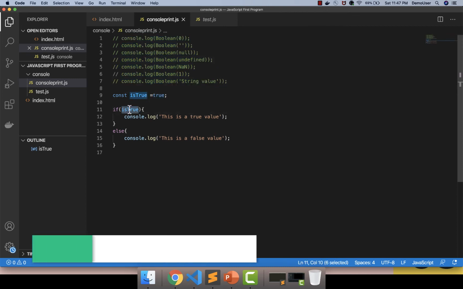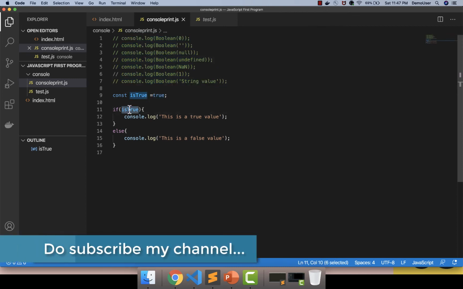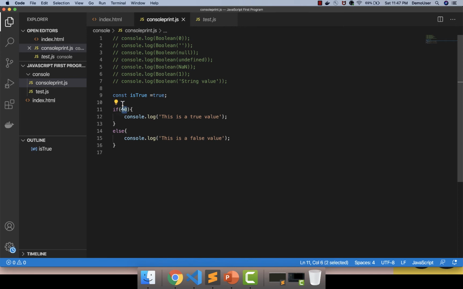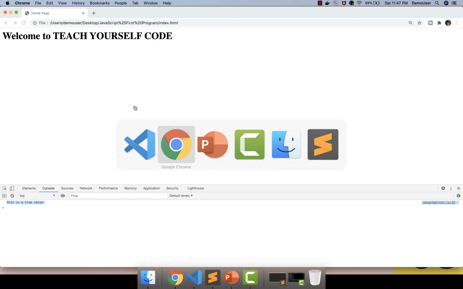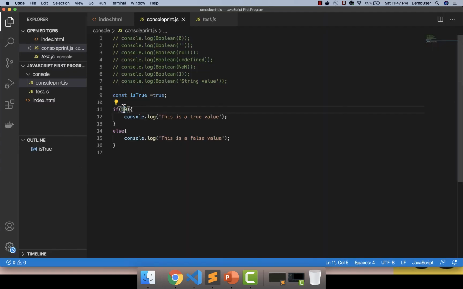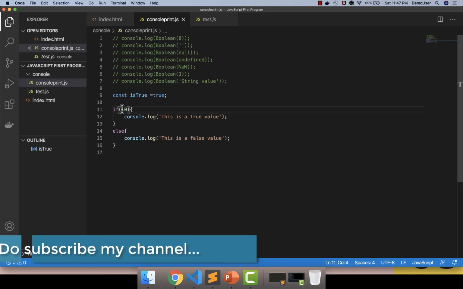But what if I'm trying to give some integer or some number over here, right? So if I say 10. So now what is happening? By type coercion, JavaScript will try to convert this particular value into a Boolean value. So this is as of now an integer, and it will try to convert this into a Boolean value. So this will come as true now. If I just refresh it, it is showing the same thing here because this in turn returns true and it's a truthy value. That's what we discussed previously, right?